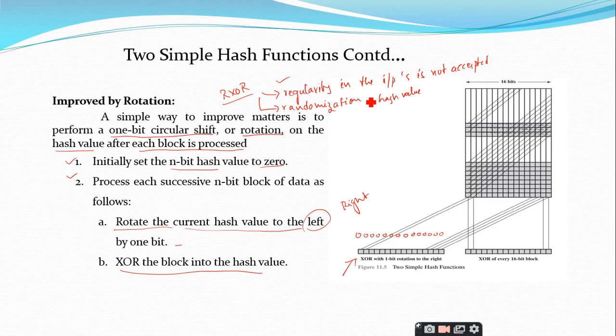If there is regularity in the inputs, that will make the attacker assume what is the input that is given. So to avoid this, the author is saying that you should avoid the regularities in the inputs. So to give the randomization to the hash values and to avoid the regularities that appear in